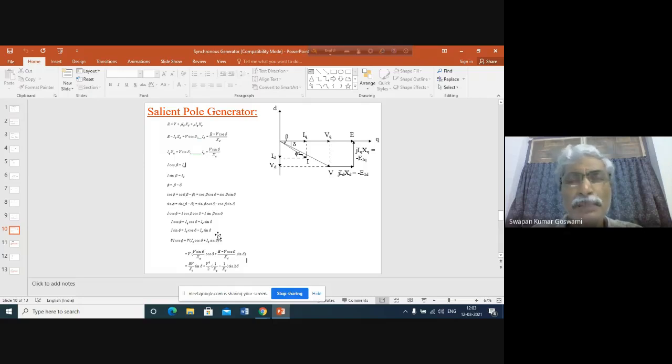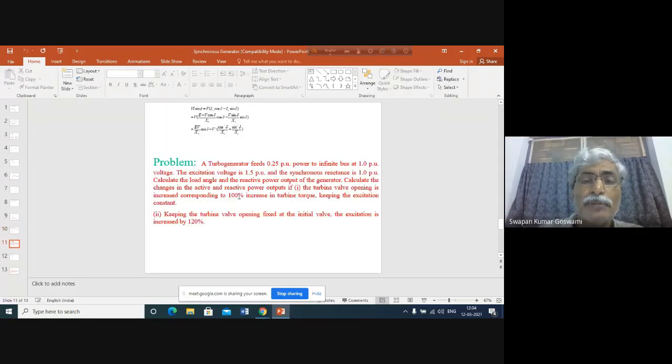But what is the negative side? The negative side is that these machines have a less stable operating zone. It has to be controlled within an angle, maybe 80, 85 degrees like that, where the peak of the power angle curve will occur. It will obviously depend upon the value of reluctance power. It will be around 85 or so. 80 to 85 degrees will be the peak of the power angle curve. So this is regarding the operation of the salient pole machine.